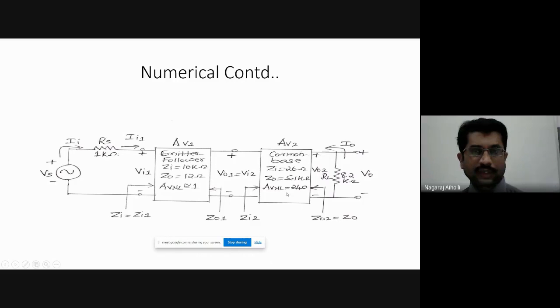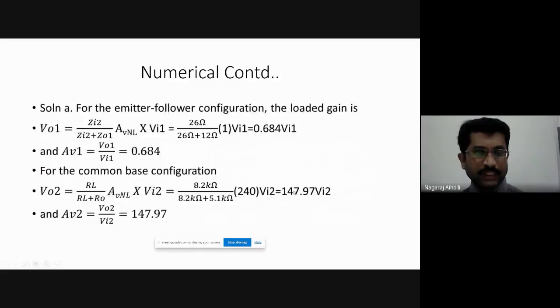These four we have to calculate. Let us start solving. Now for the first part, for the emitter follower configuration, the loaded gain is given by the formula. This is the formula. Now how we are getting this formula is, this is the formula that we have used in the derivation